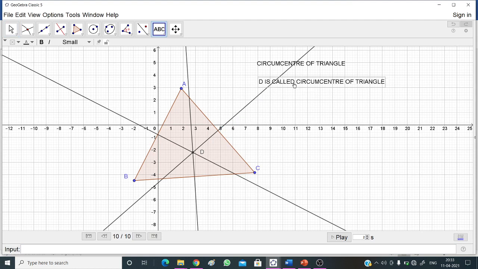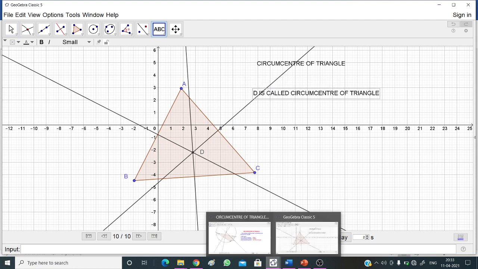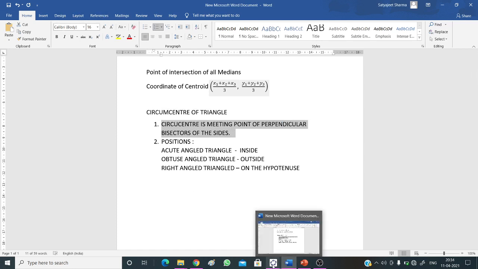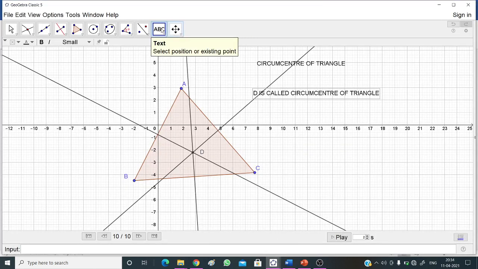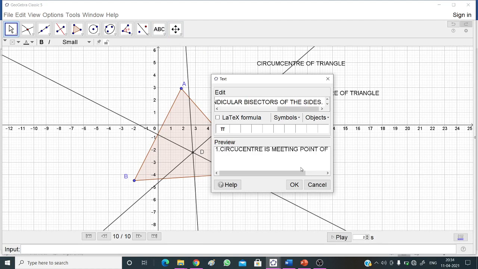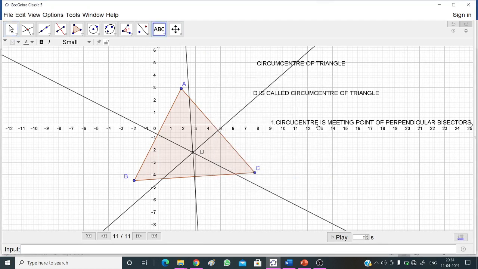Now we have to verify. First, tell the definition, that the circumcenter is the meeting point of the perpendicular bisectors. So now take a text.